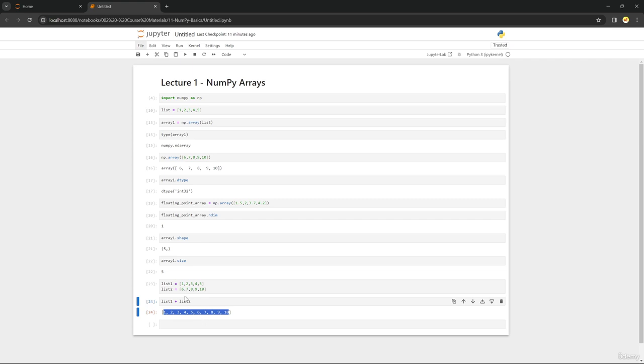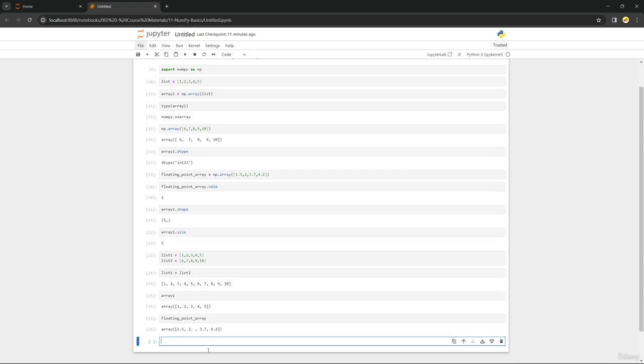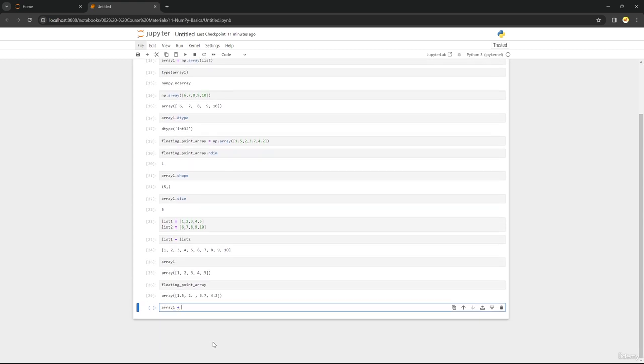With a regular Python list, adding these 2 lists together would require the use of a loop, which is not only quite slow computationally, but is also quite time consuming to make. With NumPy, all we have to do is simply add the 2 arrays together. So we have our 2 NumPy arrays here, array 1 and a floating point array. And if we just say array 1 plus a floating point array,